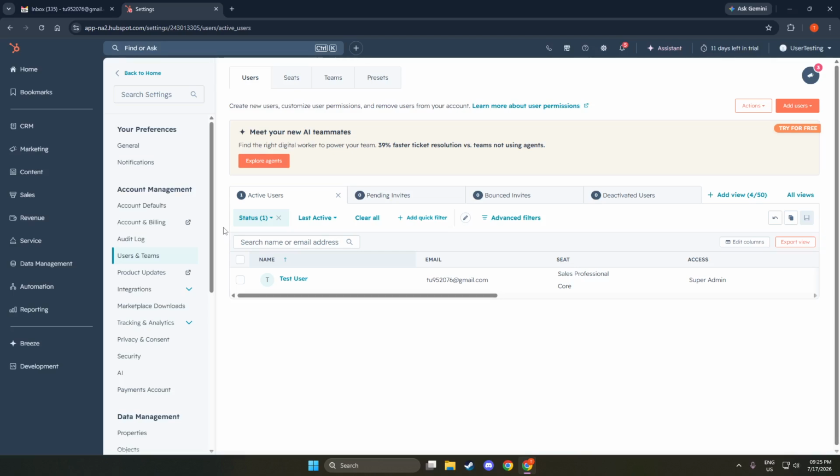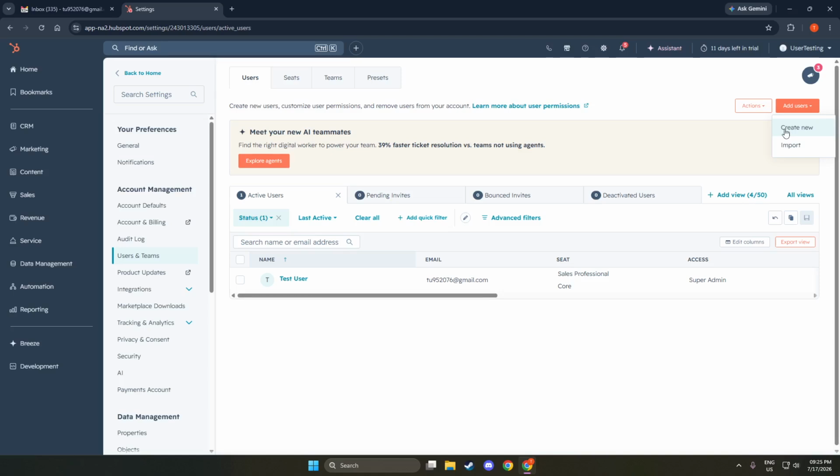Now, click the button that says Create User, or if you are adding to a team, you may see an option that says Add User. This button is usually located at the top right of the Users and Teams page. Clicking this will initiate the process of adding a new collaborator. It's important to select the correct option because this ensures you are adding a user properly, whether it's a new member or an existing team member.